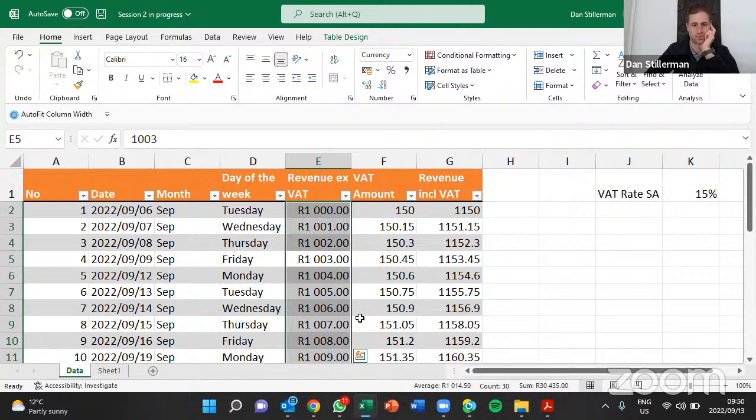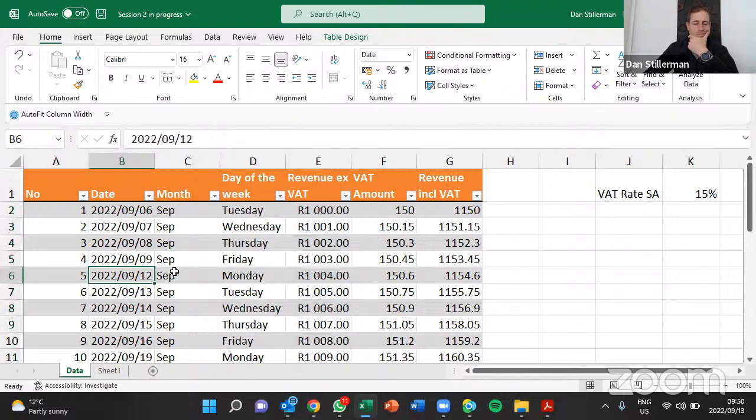Now, guys, let's go to column B and let's play around with that, because currently it is in a date format. But let's say it wasn't in a date format and we want to get the values in column B, the dates in column B, into a date format. So step 1 again is we're going to follow the sixth